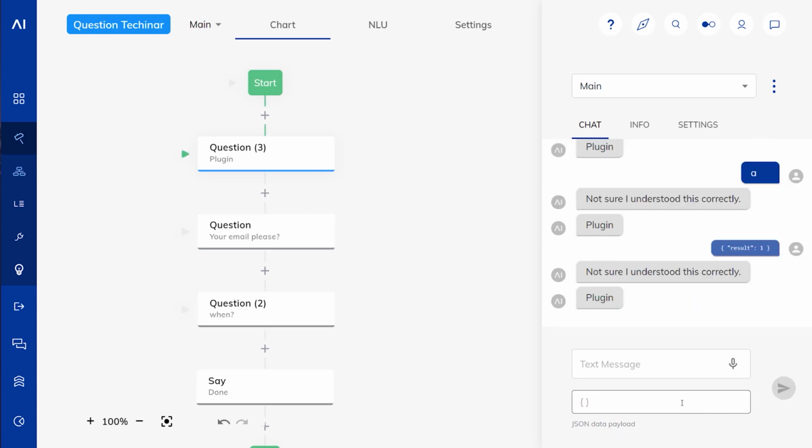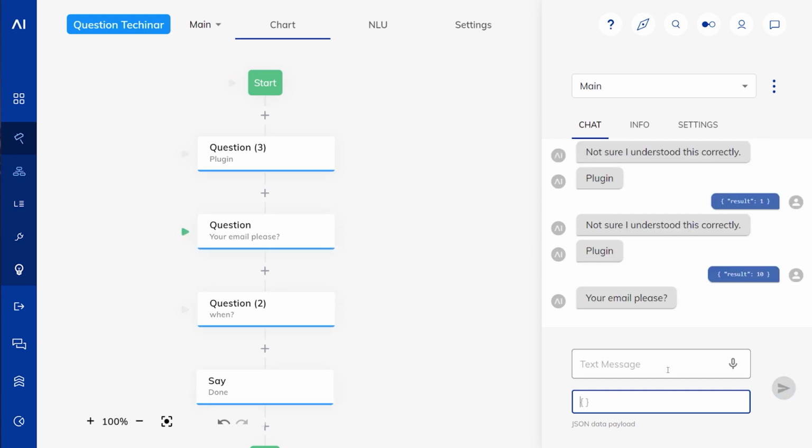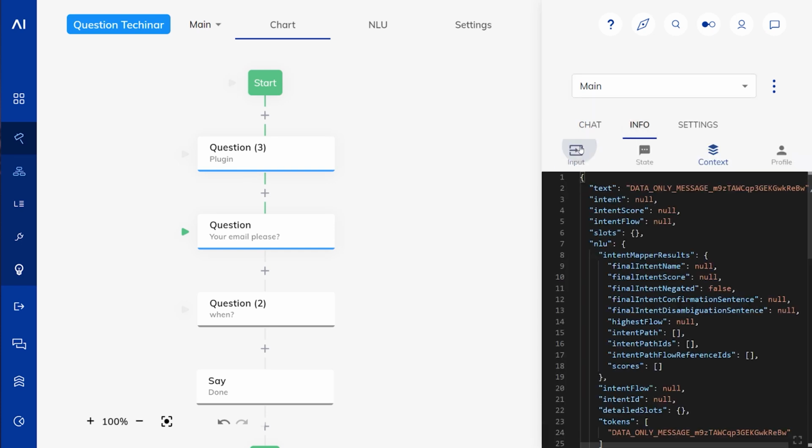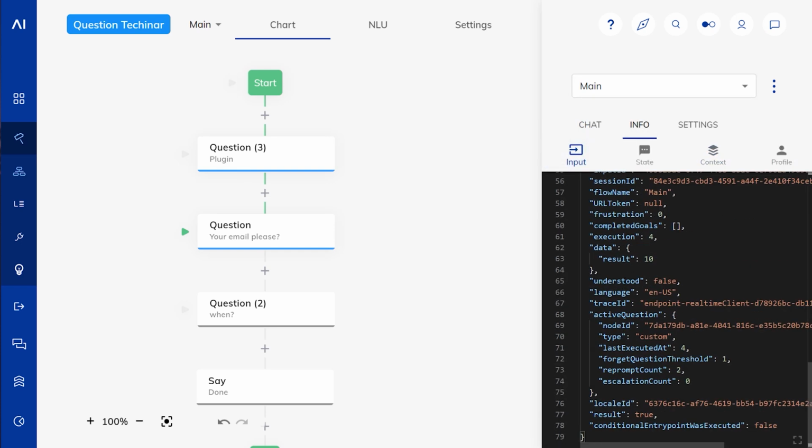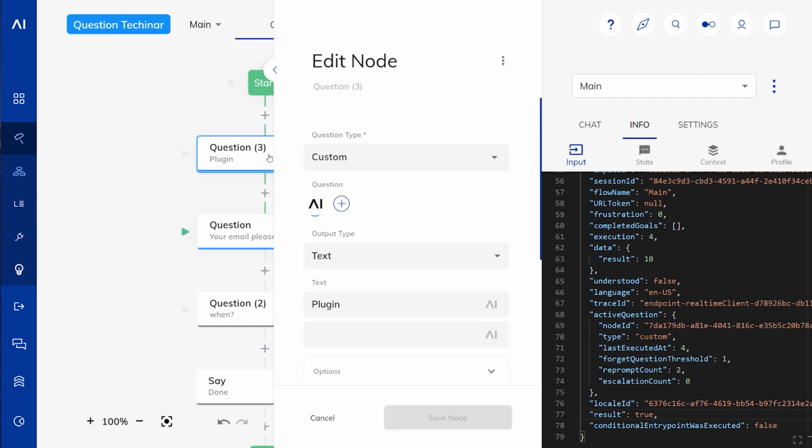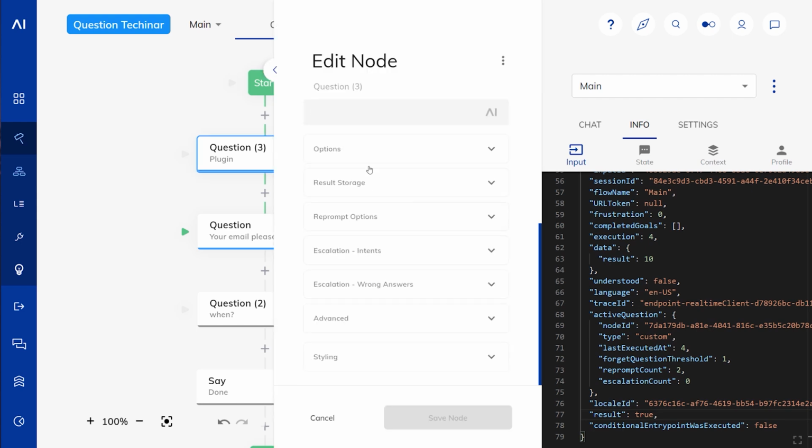Now this is a valid object, but we said result has to be larger than 3. So if we send result 10 back, we are now going through. Now, what do we store in the results object? The results object is true, and that is not very helpful in this case because it's just true. But maybe we want exactly that number that was stored in the result.